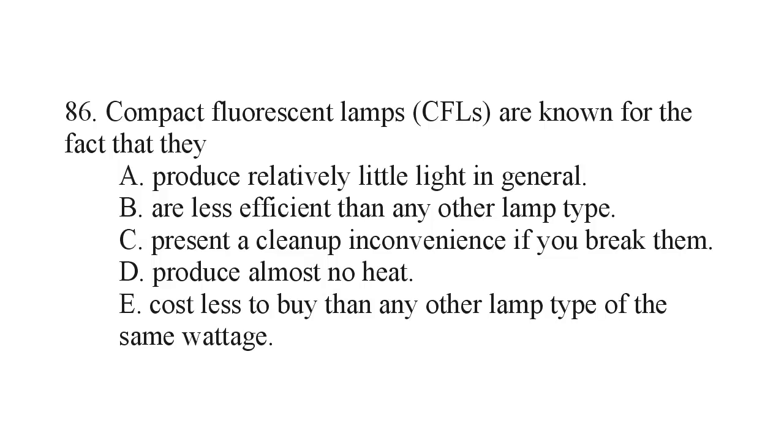You know those things, CFLs. A lot of them look like an incandescent bulb, and some of them don't. I'll show you one in a minute that doesn't. You can recognize one of these things by this curly Q sort of configuration. Some of them look just like regular soft white incandescent bulbs, and they shine just about the same way too, but they take up a lot less electricity,